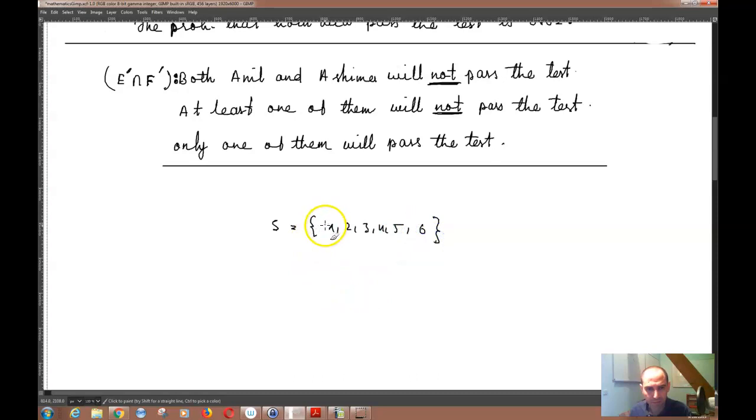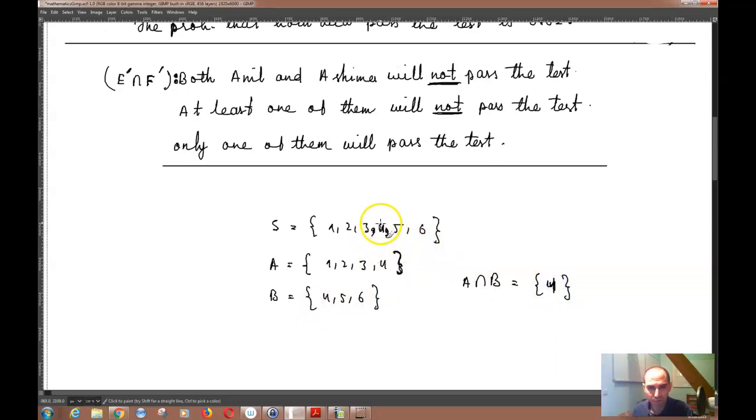Now based on this experiment, let's define two different events. For example, event A, I define as 1, 2, 3, and 4. Event B, I define as, for example, 4, 5, and 6. Now you can see that A intersection B is equal to this set which has only one member, 4,